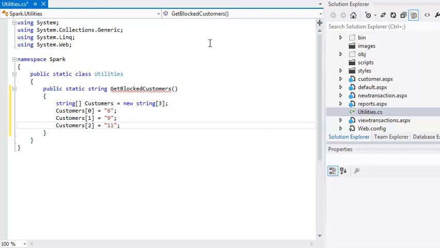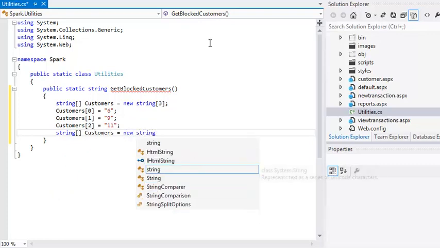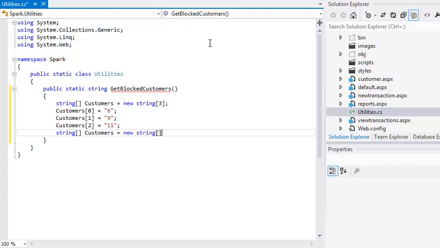Although you can't change the size of an array without recreating it, a new array will automatically size itself if you specify its contents when you create it. Using this syntax uses less code, so it can be ideal for short arrays such as the one you create in this lesson. You could create this lesson's array in a single line of code as follows. string[] customers = new string[] { 6, 9, 11 };